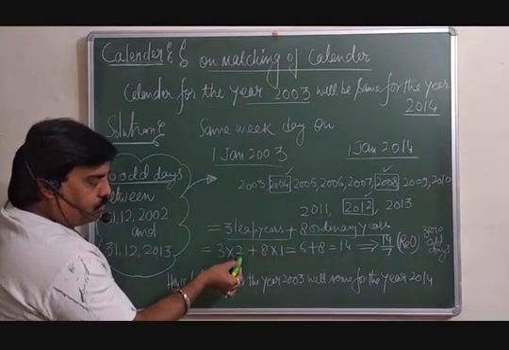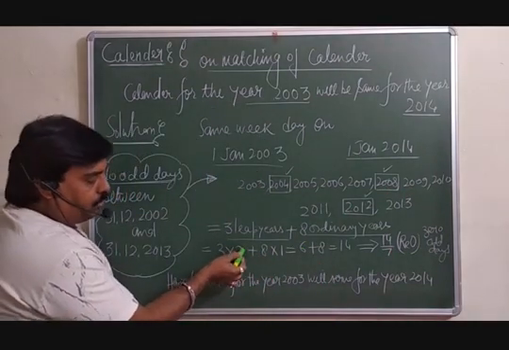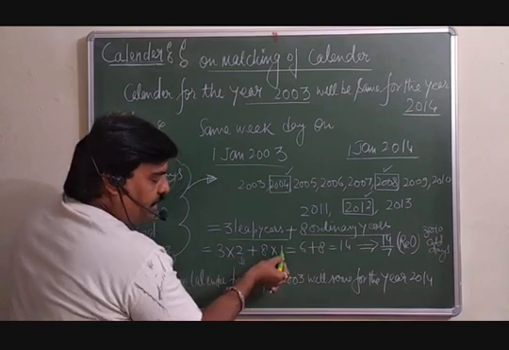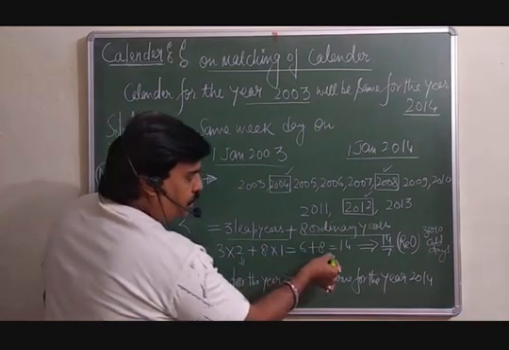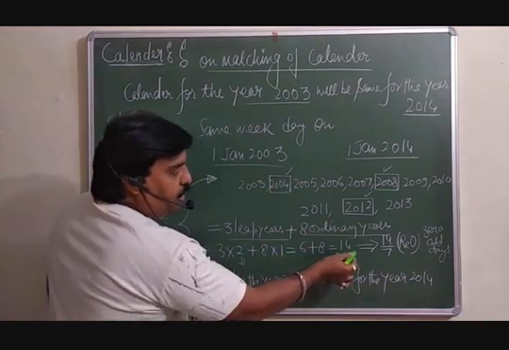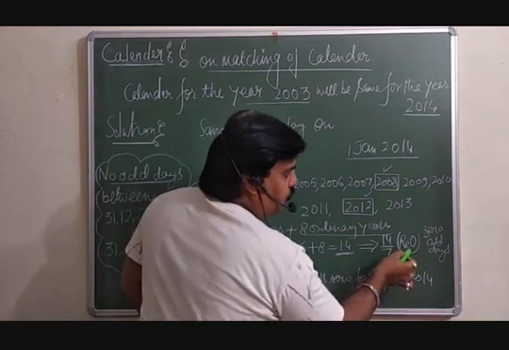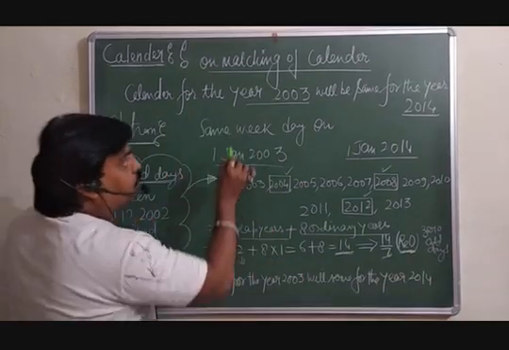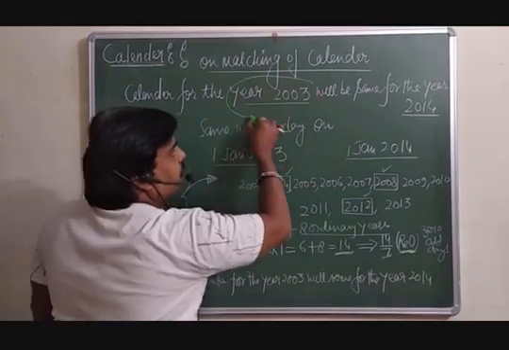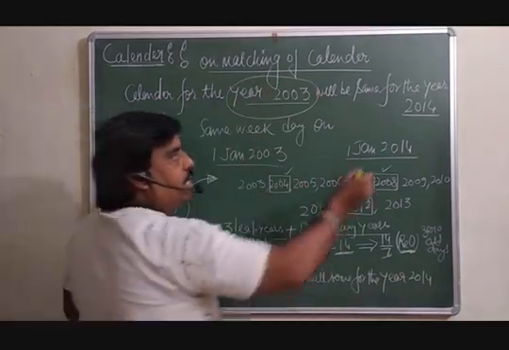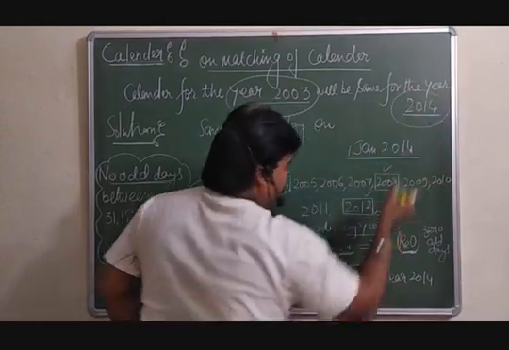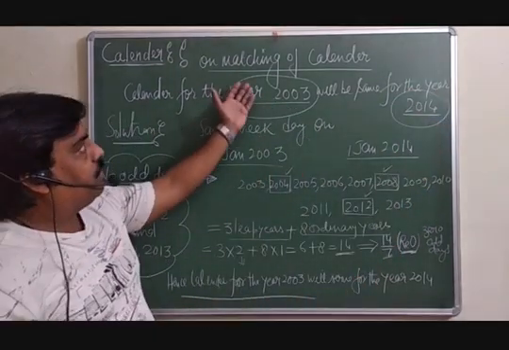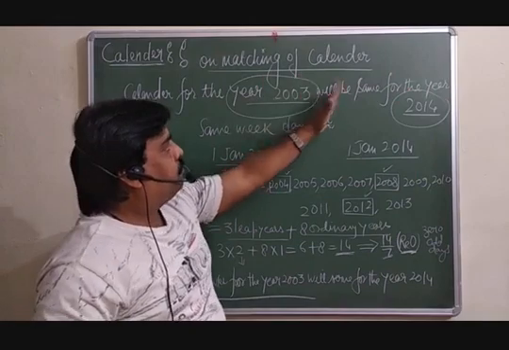And in a leap year, you know the odd days are 2. So 3 into 2 plus, in ordinary years 1 odd day is there, so 8 into 1. So the total number of odd days comes to 14. And this 14 is divided by 7, so the remainder is 0. 0 odd days are there. It means whatever the calendar in 2003 will be the same in 2014. So likewise you can check whether the calendar is the same or not. Have a look.